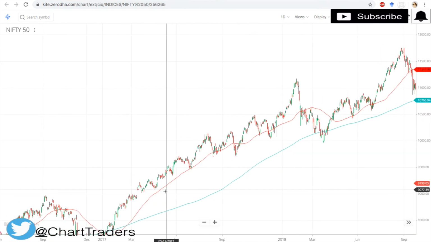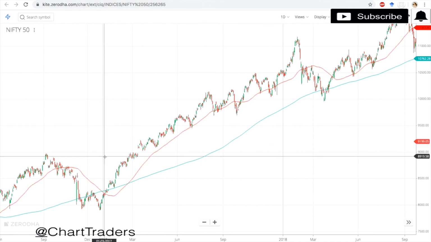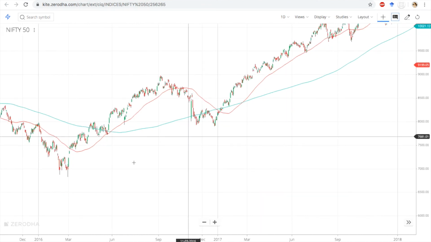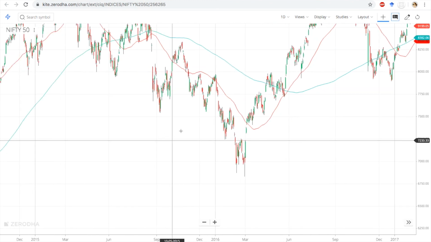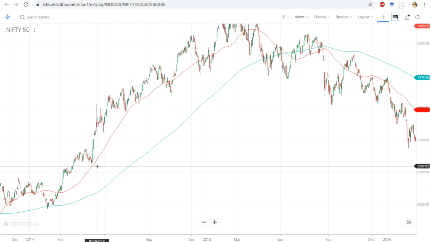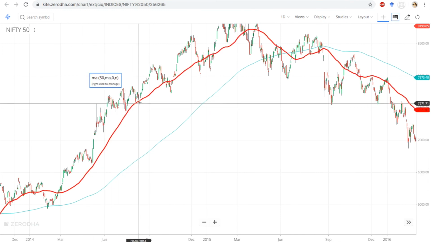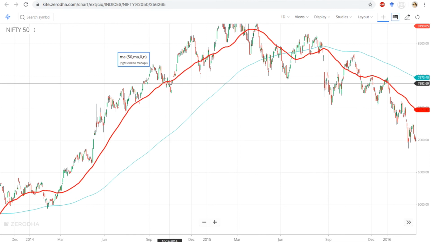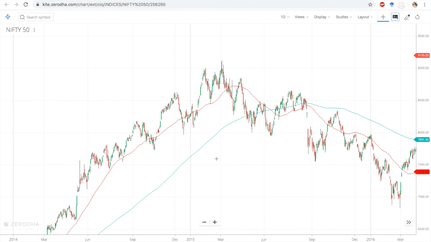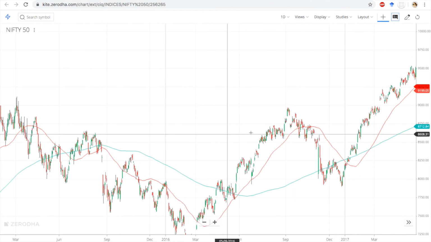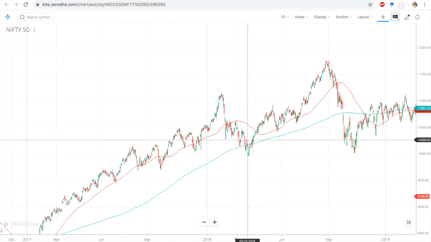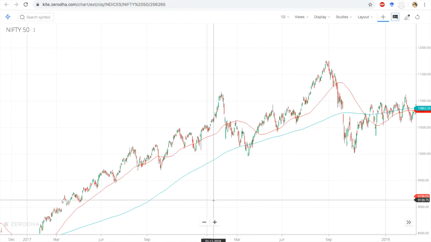Once there is a breakdown, it will go check or take support at the 200. It's not always accurate, but you can easily identify the trend, and many times it is going to take support at the 50-day or 200 moving average. Again we can see in the past here, it goes up taking support, goes up taking support, goes up taking support at the 50-day, again goes down but went up again, down, went up again. So you can easily identify the trend, and you can easily identify dynamic support and resistance with the help of the moving average.